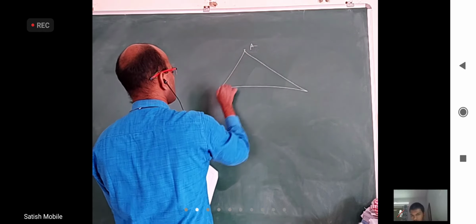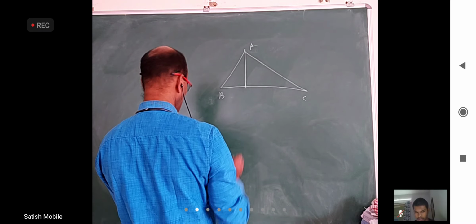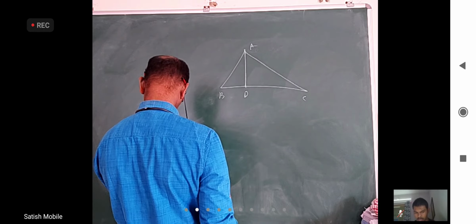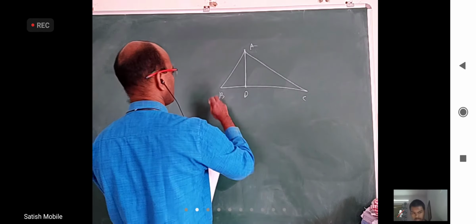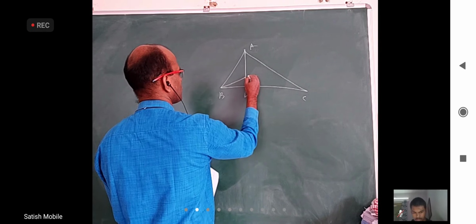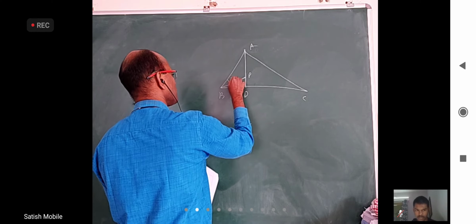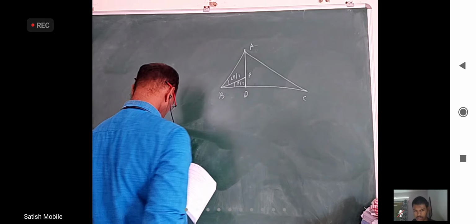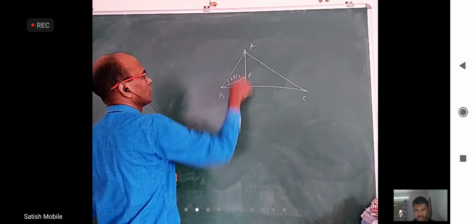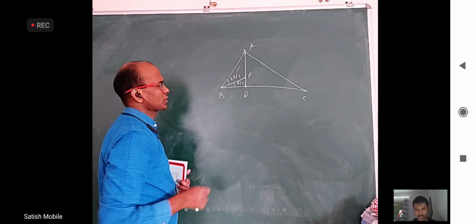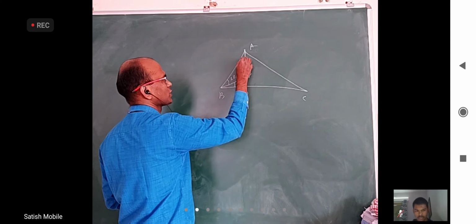Okay, there is a triangle ABC. This is the altitude AD. Angle CBP should be B by 3. So this is 1/3 here. This is B. This is B by 3. This is 2B by 3. Okay. What is AP? I guess you can apply sine rule in this. What is this angle? This is a right angle triangle. This is B means this will be 90 minus B.